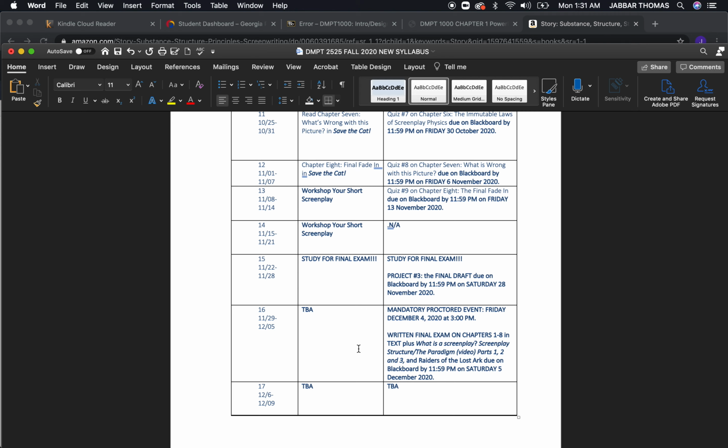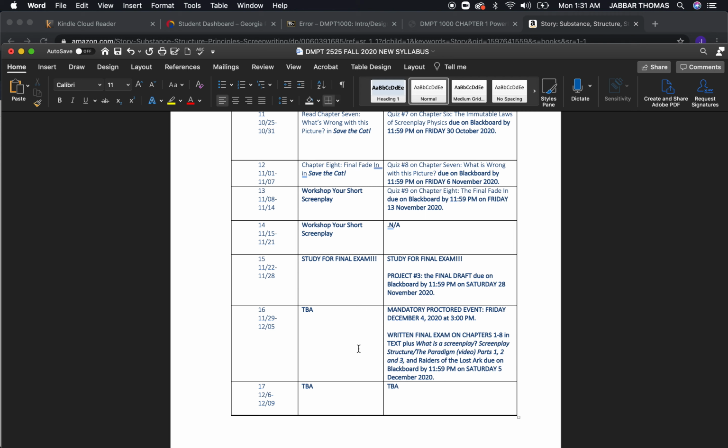That means you never, ever write one draft, one version and then bam, that's it. No, there's an old saying that writing is rewriting. So that means that your first draft invariably will not be the best. That's just how it works. I don't care who you are, how good you are. Your first draft will just be getting your ideas out of your head onto paper. You don't want it to necessarily be perfect as far as all of the dialogue, but you do want to get your ideas and your structure on the page.